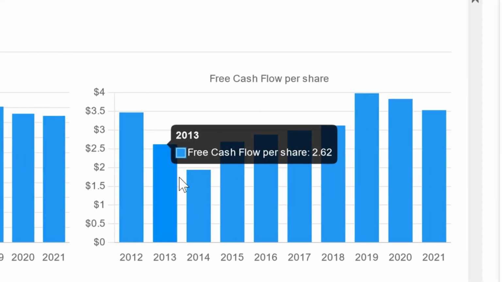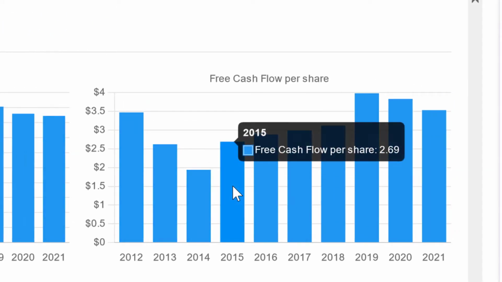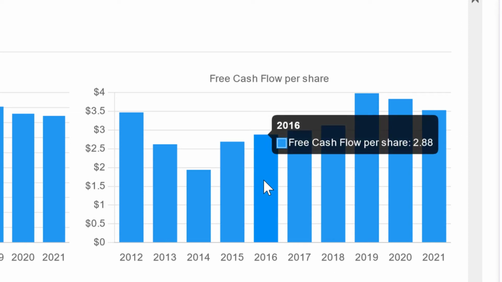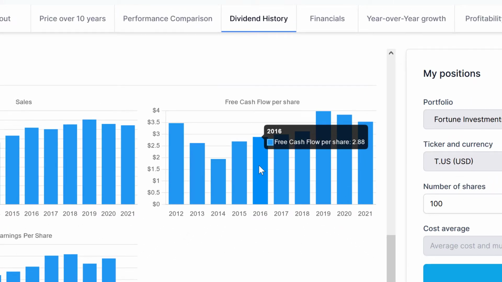Free cash flow, or FCF, is the cash that remains after a company has paid all of its cash operational expenses, its bills, and other capital expenditures to maintain and grow its business. Great companies and businesses tend to generate stable, growing FCF over time, fueling sustainable growth, acquisitions, and higher, more stable